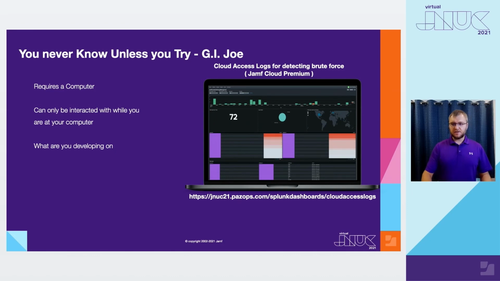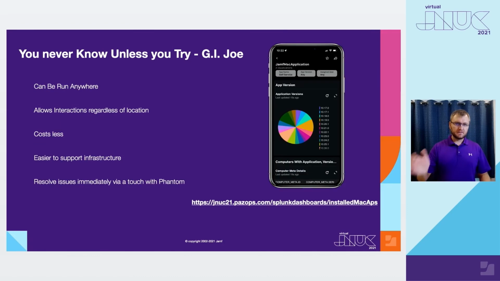But you can get the same experience actually on mobile OS. So this is another one. This one is showing installed applications in Splunk. There's some other information along with that. You could slide down through this and get the history of them, so you can go back and date and whatnot. But this can be run anywhere. You get a message saying, hey, what is the current level of self-service on our endpoints? You can bring this up and answer it real quick, or you can forward it off as a PDF or any of the documents.